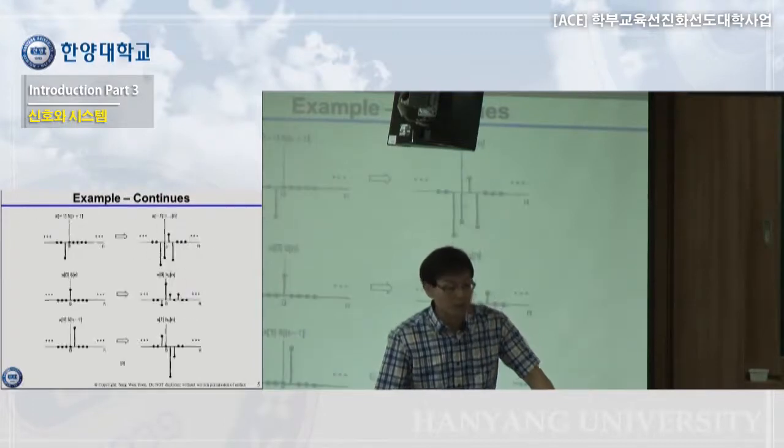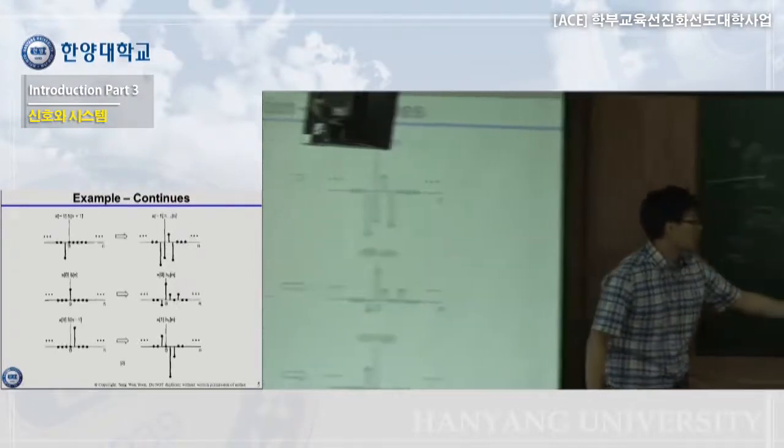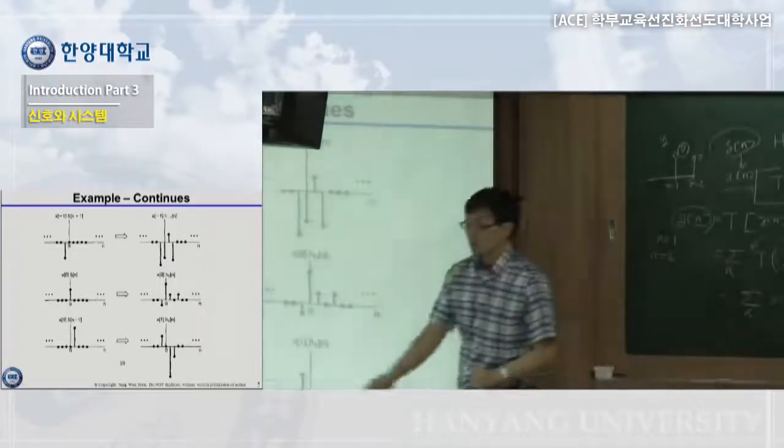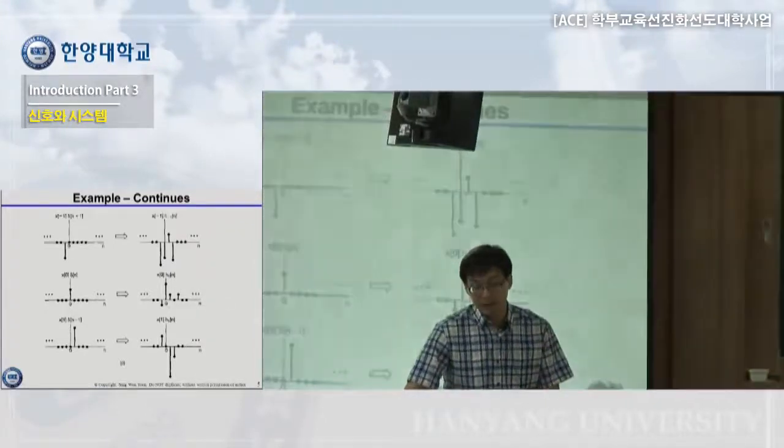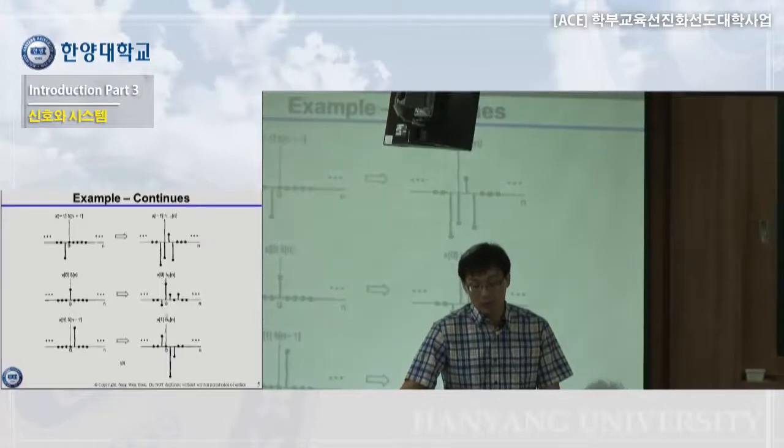So this one is what? This one is the value when k equals -1. The second one is the value when k equals 0. This is the value when k equals 1. So when you add them together,